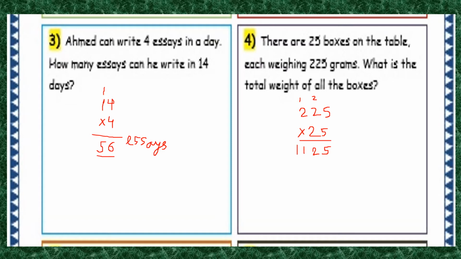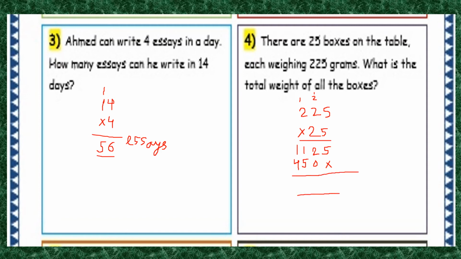Now you have to multiply 225 with 2. Now leave the space of ones. Now multiply 2 5s are 10. So 0 here and 1 carry. Above you can write it. Then 2 2s are 4 plus 1 carry is 5. Write 5 here. Then 2 2s are 4. Okay, children. So 225 multiplied by 2 will give you 450.